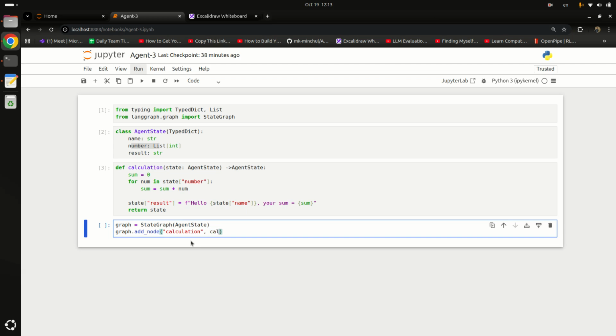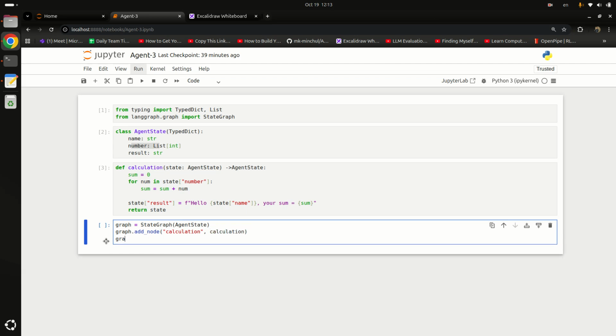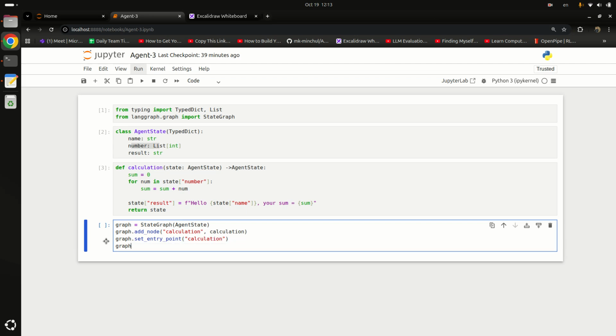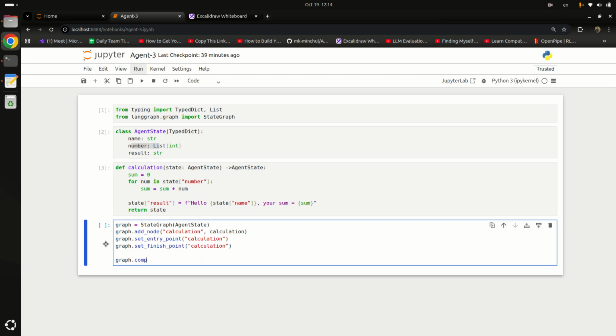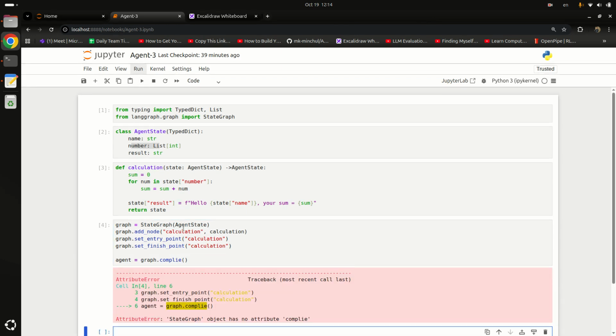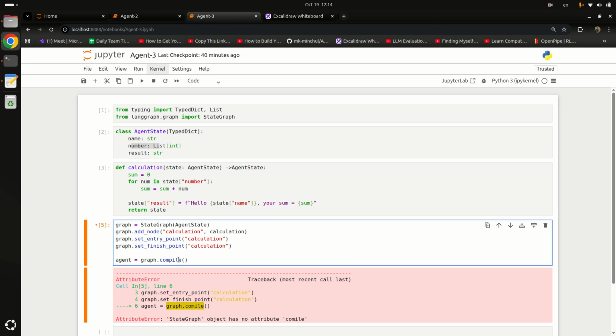Our graph has an entry point, that is calculation, and also a finish point, that is also calculation. And we have to compile our graph, and let's store it in a variable. Let's run it. It will compile.